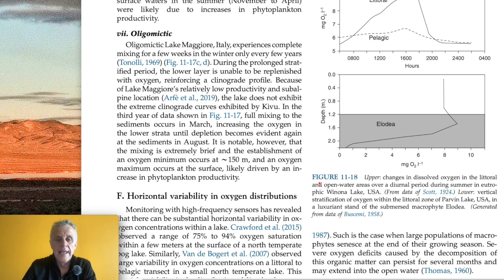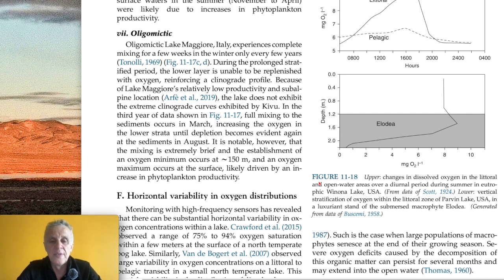Oligomictic, okay. Lake Maggiore, Italy, experiences complete mixing for a few weeks in the winter, only every few years. During the prolonged stratified period, the lower layer is unable to be replenished with oxygen, reinforcing a clinograde profile. Because of Lake Maggiore's relatively low productivity and subalpine location, the lake does not exhibit the extreme clinograde curves exhibited by Kivu. In the third year of data shown in figure 11-17, full mixing to the sediments occurs in March,